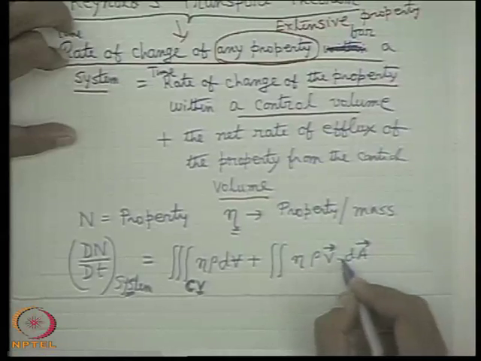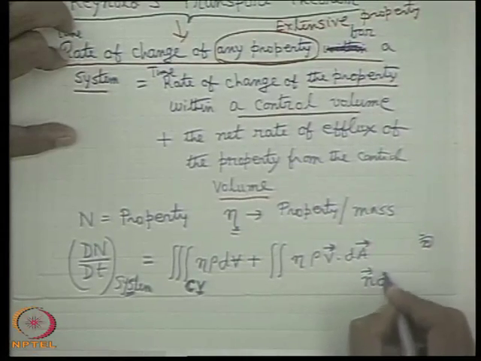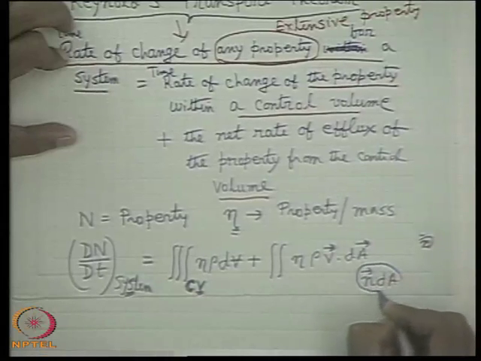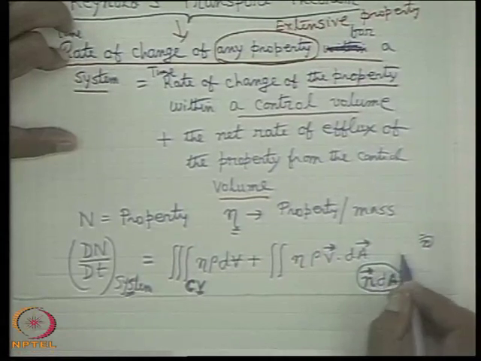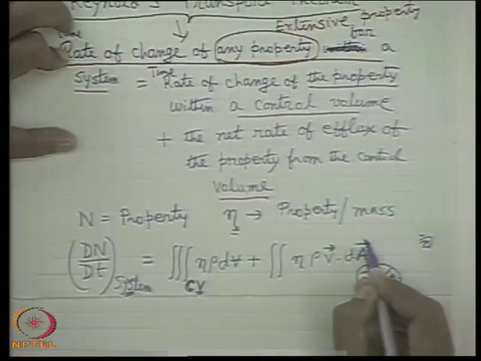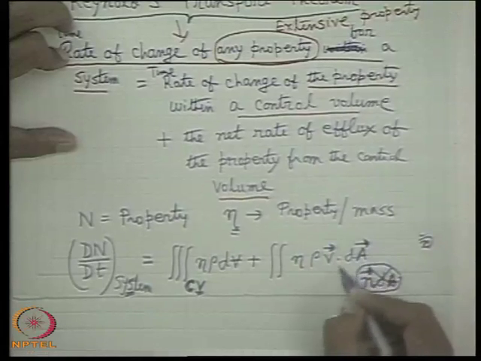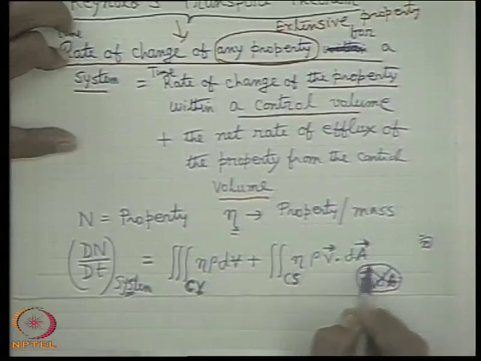That means without writing n dA to show this as a vector, dA is the scalar magnitude of a small elemental area and n is the unit vector along the normal to the area, taken positive directed outwards. Sometimes dA is used as a vector whose magnitude is the scalar area, and direction is along the normal, positive directed outwards. So this is over the entire control surface, CS, the net rate of efflux.